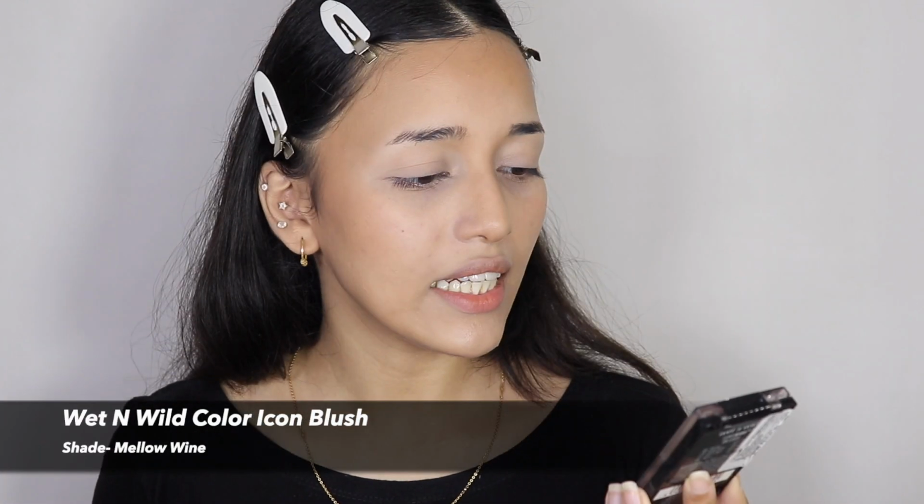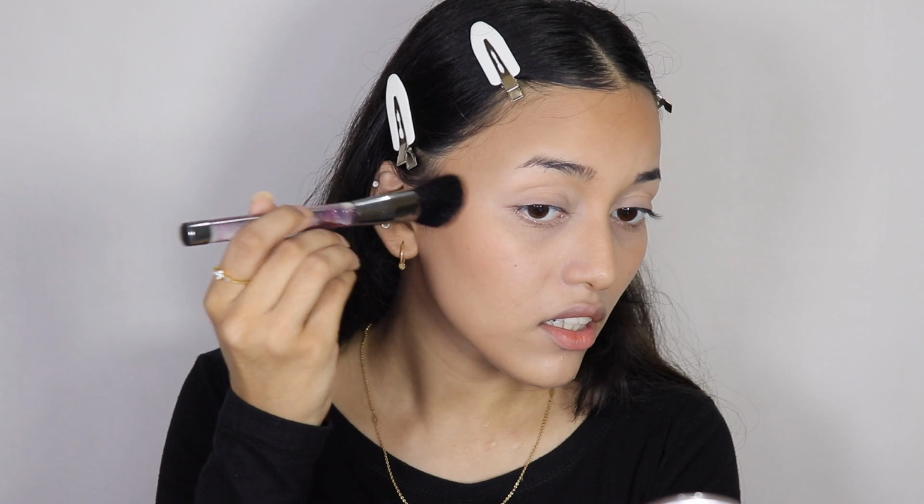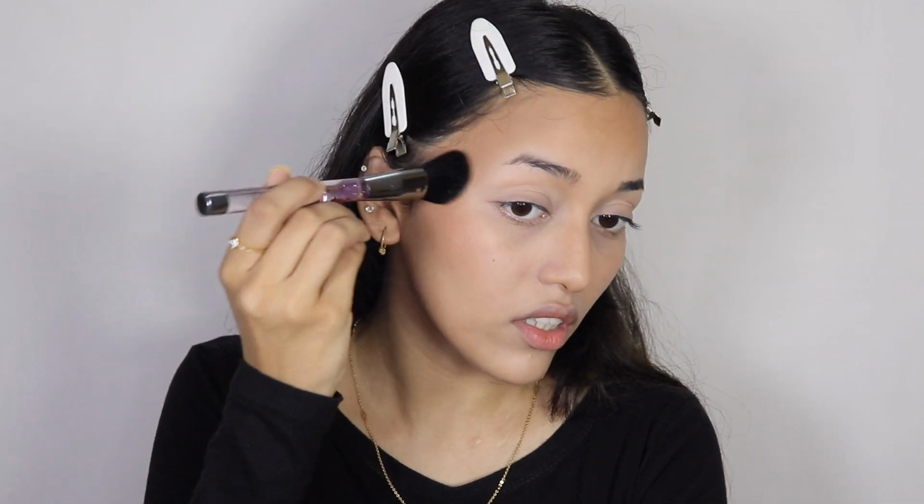Okay, next I'm gonna be taking my Wet n Wild Color Icon blush in the shade Meadowine. So this is like a very beautiful peachy color, as you can see. Place it high up on the cheekbone, not on the apples of your cheeks. So if you put it here, your face is gonna look droopy a little bit. But if you want to get a snatched look, place it here. And what I like to do is I like to take it further